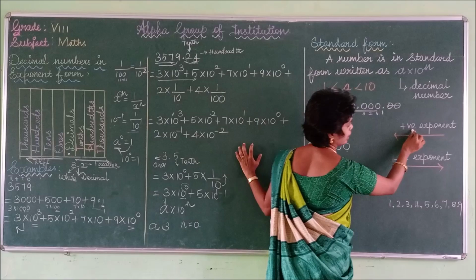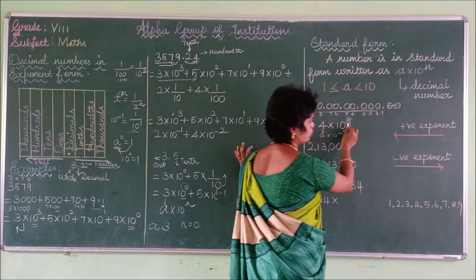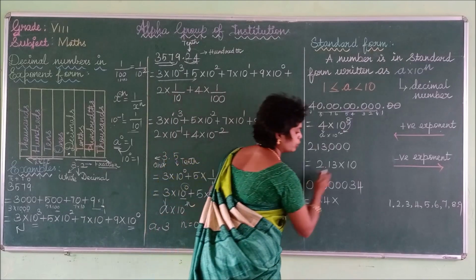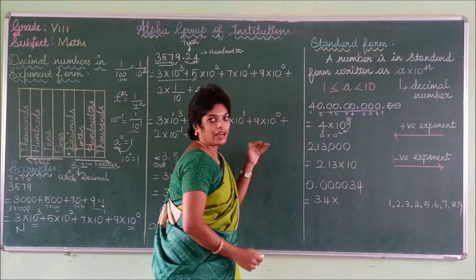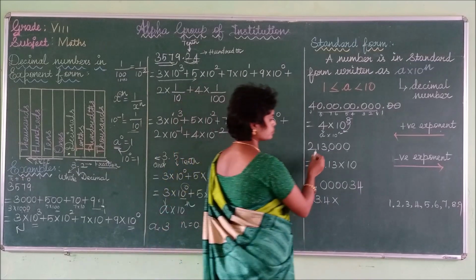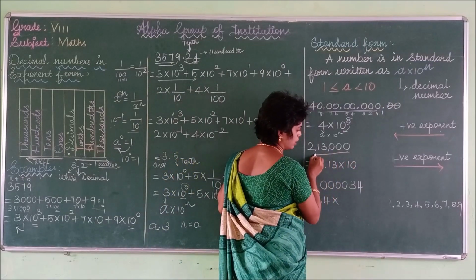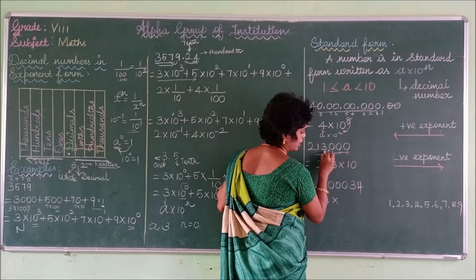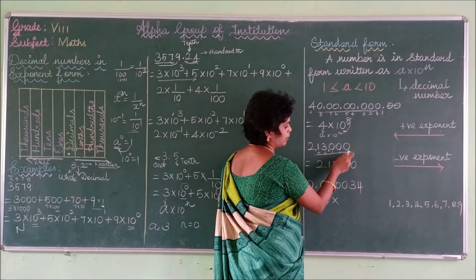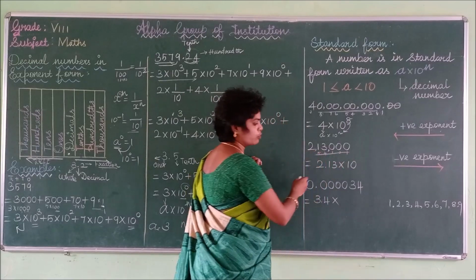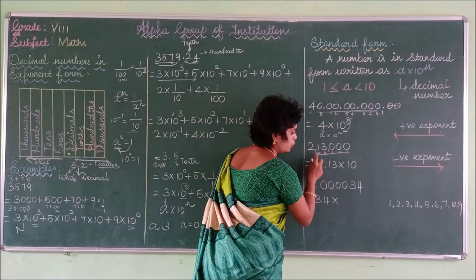You can change into this side. This side means your exponent will be positive. That's why we get the value as positive. If you are moving to that side, the power value will be negative. So now I am changing to this side only. So what are the places? 1, 2, 3, 4, 5. I am moving the point 5 places before. So you can change and write it as